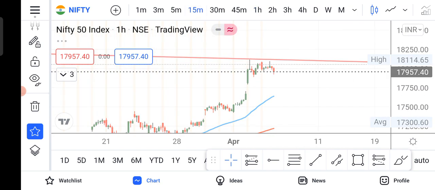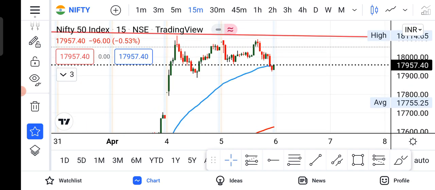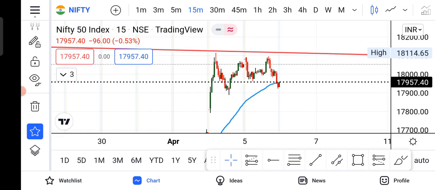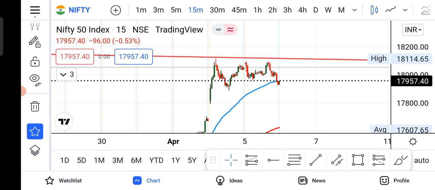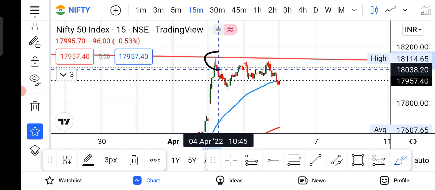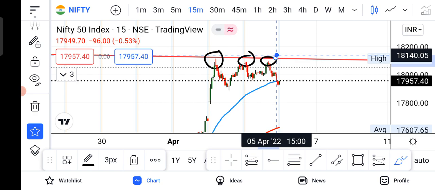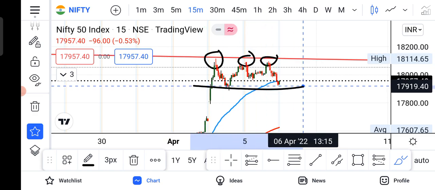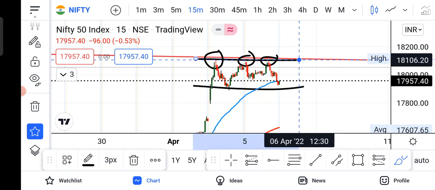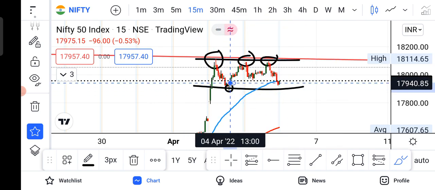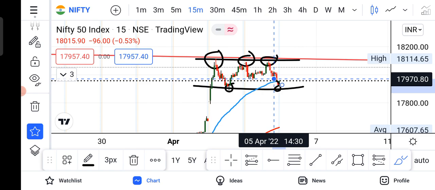Let us move to the 15 minutes time frame. Now 15 minutes time frame is the intraday time frame, right? Now that green trend line, that red trend line, which was a broadening pattern being formed, Nifty has tried thrice to break it, and it is also forming a kind of a range over here. It took a support over here, again took a support over here.